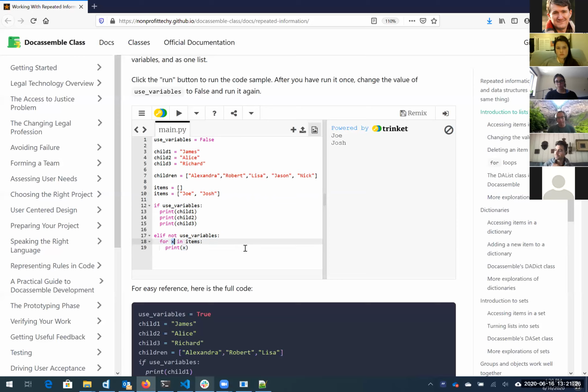It's not something we can access. That's something called the scope of the variable. The scope of a variable that we create inside a loop is the loop itself. It doesn't survive outside of that. So if I tried to, this is a really good question. So if I tried to do print X here,